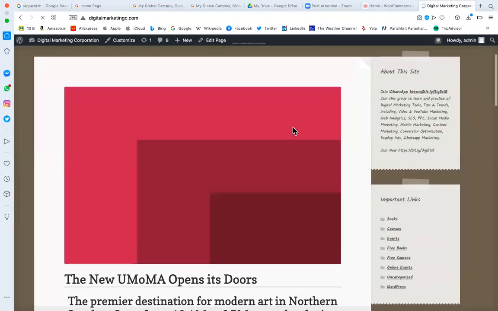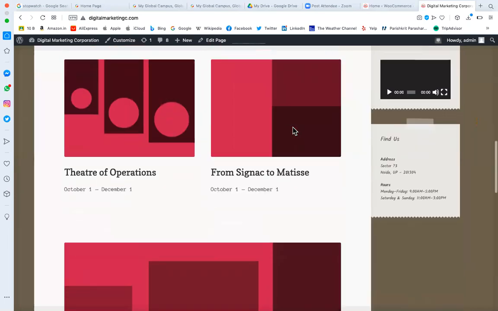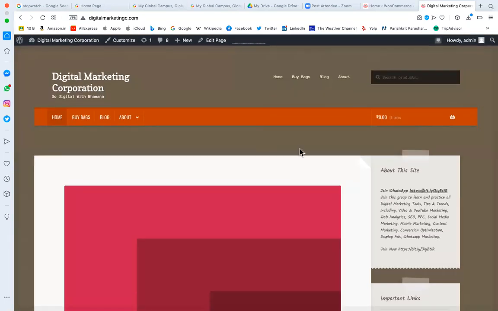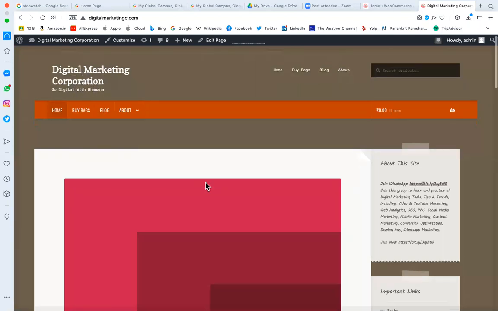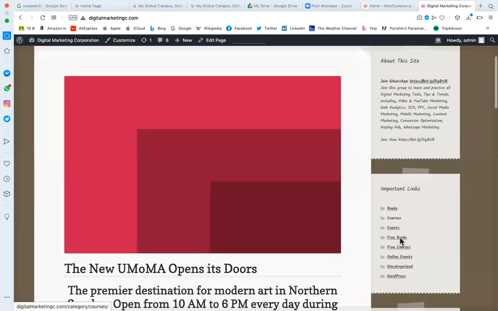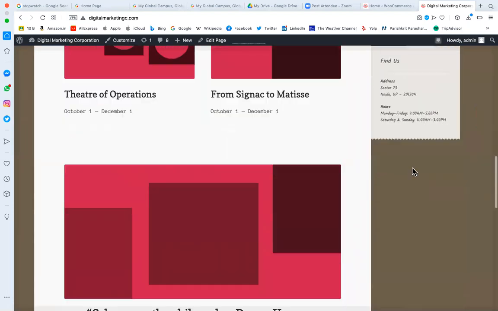Is it changed? Is it different from the previous? Because it's an e-commerce site, the cart option is here, one menu you are managing here, and the search option is there. Here the logo and site links are there. This is the sidebar. Whatever was in the footer is now coming in the sidebar, right?